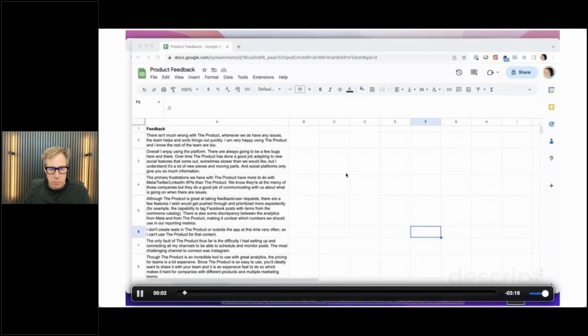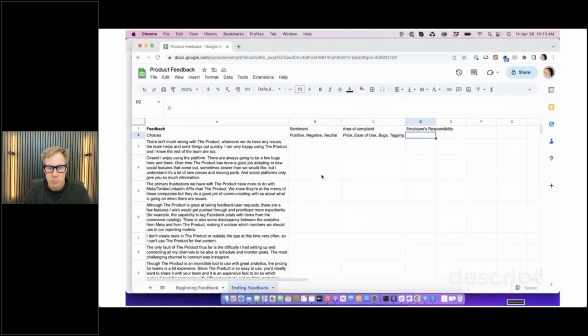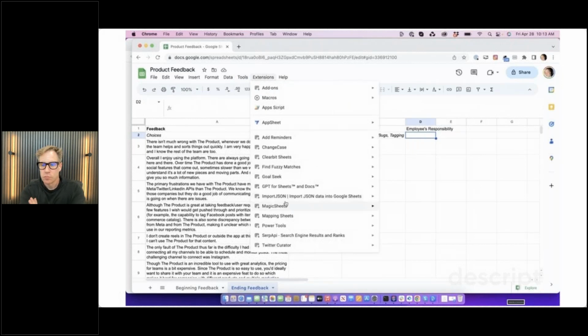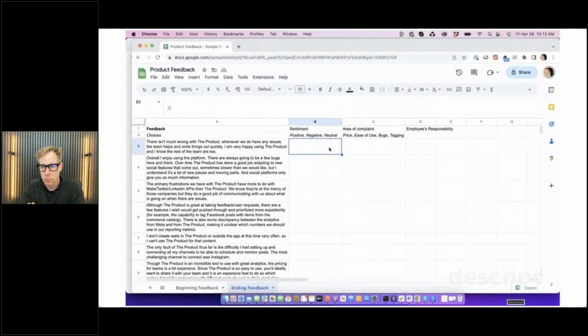To grab all the feedback that we got about our product, we're going to understand its sentiment, and we're going to understand the area of complaint. And lastly, we're going to assign who's responsible for fixing these things. So we want to fire up our extension, GPT for Sheets and Docs. We're going to launch it. And we'll start with a few formulas. First, we want to understand the sentiment.